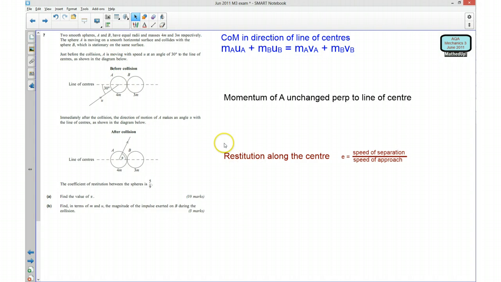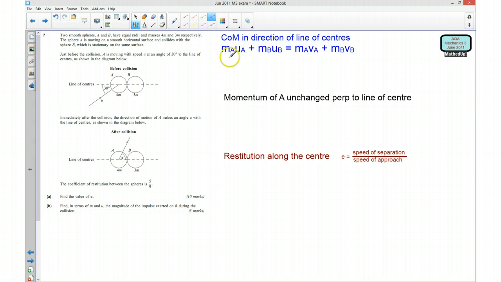Okay, and we're also going to have a look at the restitution along the line of centres. So we're going to take into account the coefficient of restitution, and we're going to use Newton's law of impact that tells us that the coefficient of restitution is equal to the speed of separation divided by the speed of approach. Okay, so starting with the conservation of momentum in the direction of the line of centres,